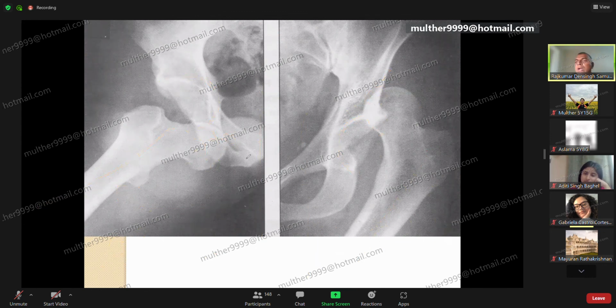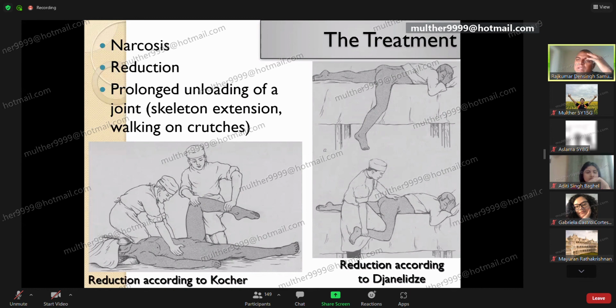So by now you can differentiate dislocations. You know the clinical features of dislocation. So, treatment. How to think about treatment? See, the hip joint once again is a very strong joint. In the hip joint we have very strong muscles. In order for you to reduce the hip joint, it can